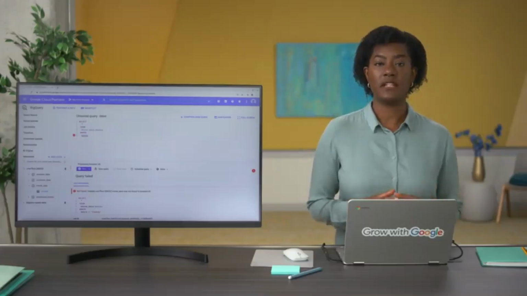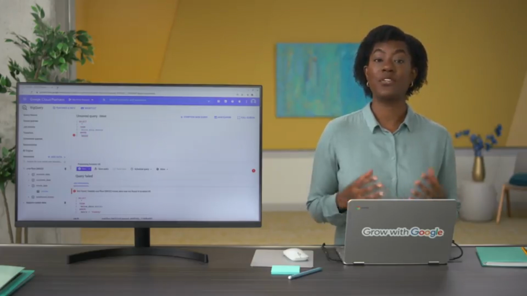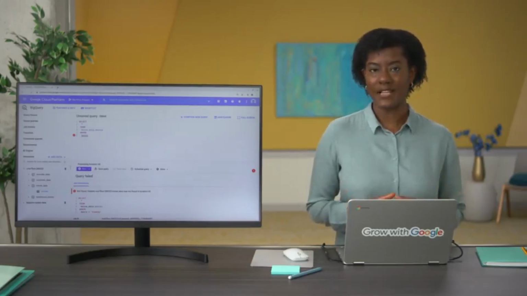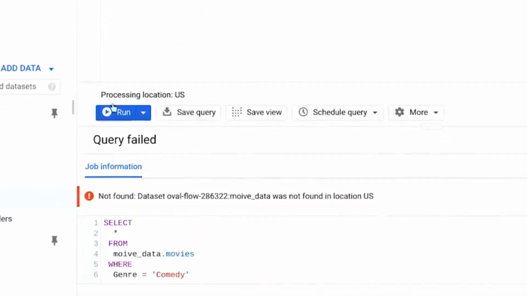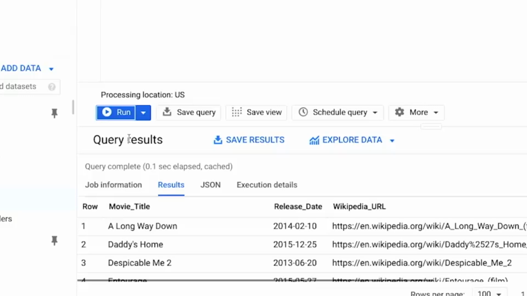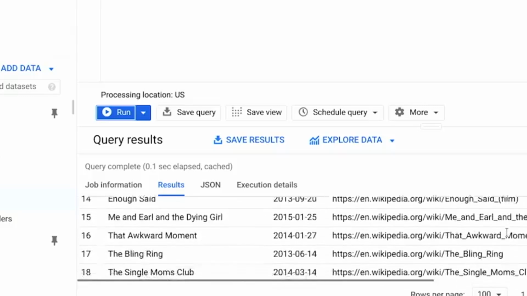Genre is a column in the dataset, and we only want to select rows where the cell in the genre column exactly matches comedy. Next, we'll type the equal sign and write the specific genre we're filtering for, which is comedy. Since the data in the genre column is a string format, we have to use single or double quotations when writing it. And keep in mind that capitalization matters here, so we have to make sure that the letter casing matches the column name exactly. And now we can click Run to check out the results. What we're left with is a shorter list of comedy movies.